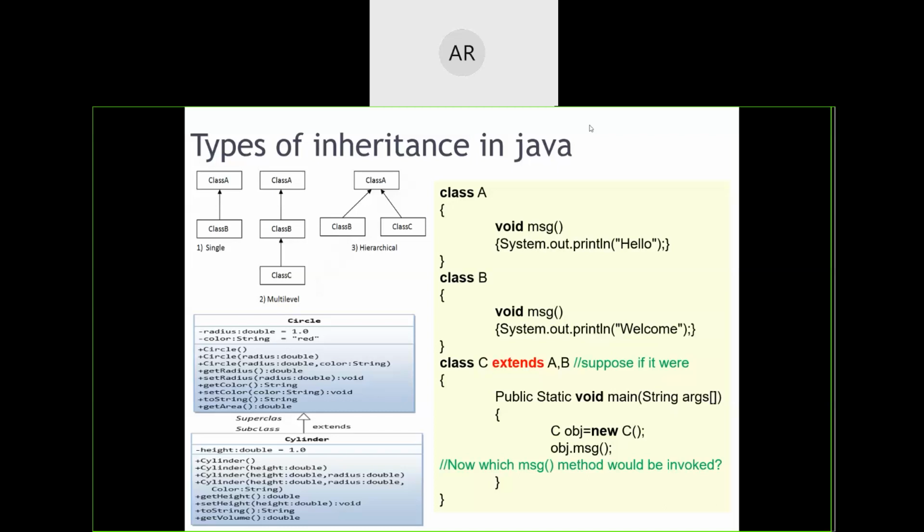Single, hierarchical, two-path, multi-path. Okay.